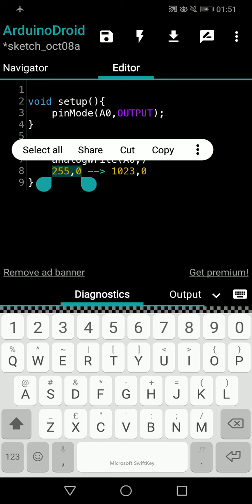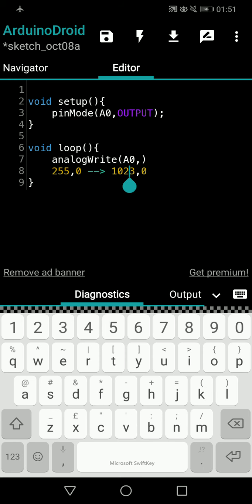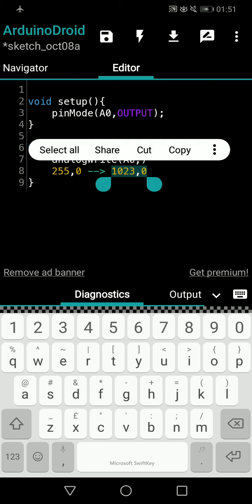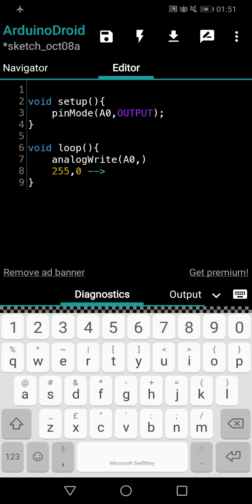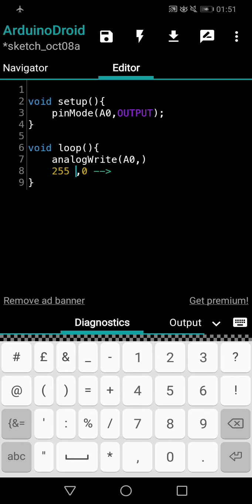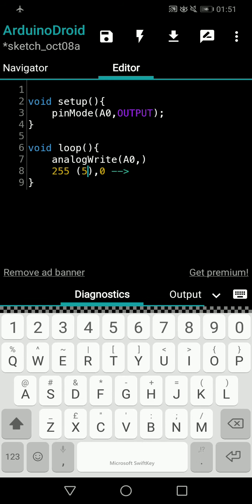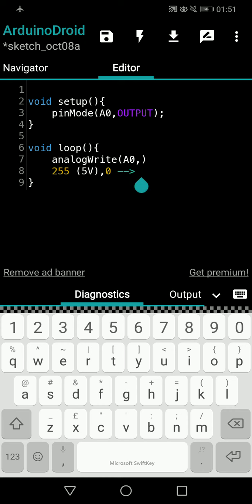Okay, we are not capable of giving 1024 units when it comes to output. When it comes to inputs, we can use 1024 units, because you can go and watch the last video if you don't understand what I am talking about and come back, right? Then that will be easy for you. So when it comes to analog A0, 255 will be 5 voltage output. Okay, because as I said already, in analog input, if you give 5 voltage input,